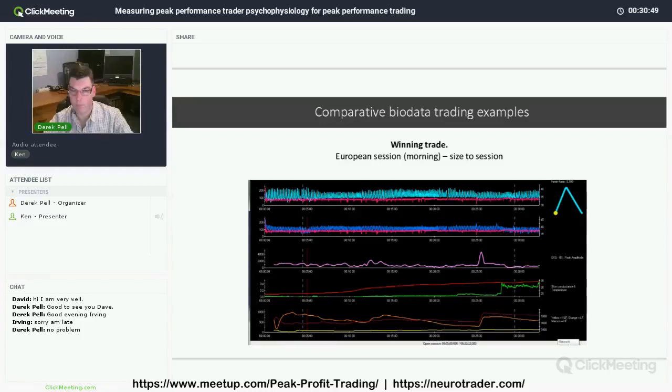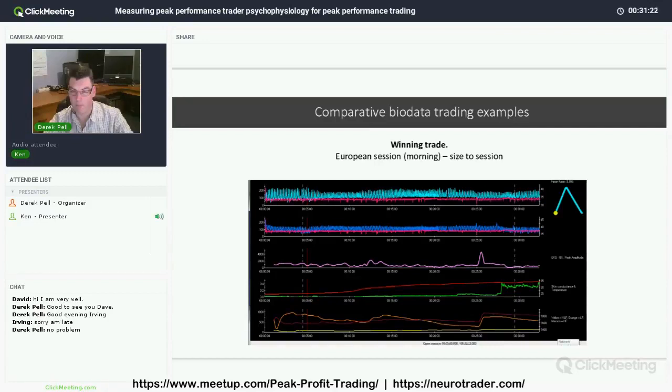Once we get a good grasp of the Google Drive sheets and we start to employ them consistently, then we're going to get into further quantification by quantifying our biology. You're going to be able to look at your own data and say, well, during that trade, it was a successful trade. My temperature was nice and even throughout the whole thing. And that allows you then to attach your internal association.